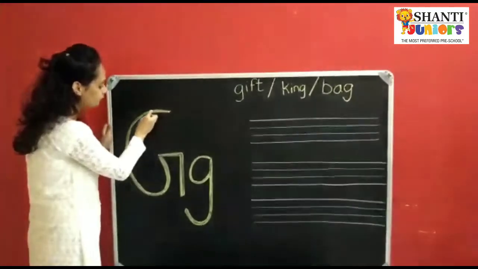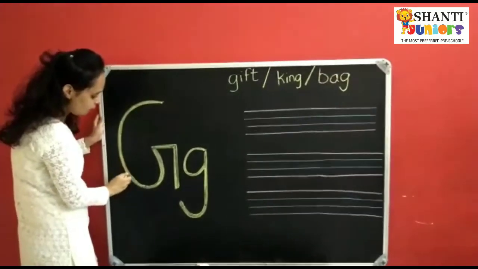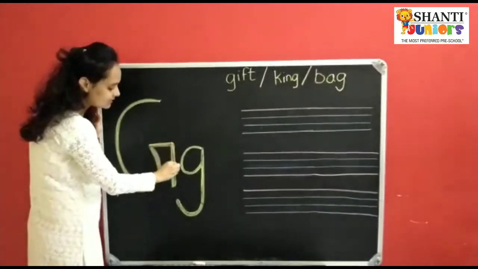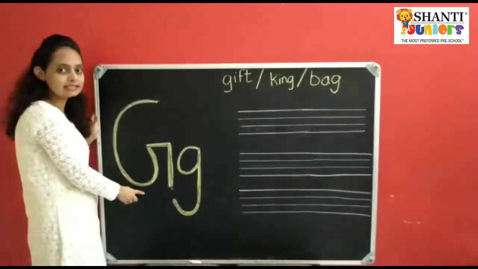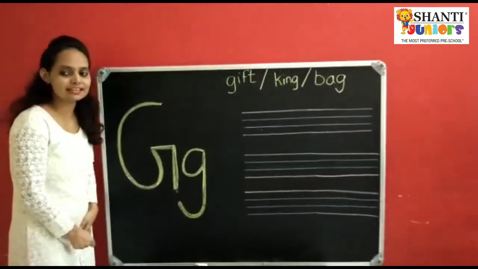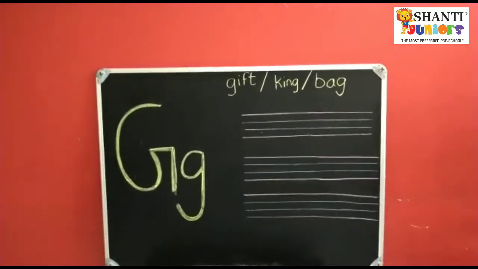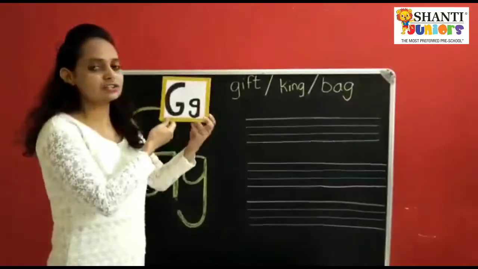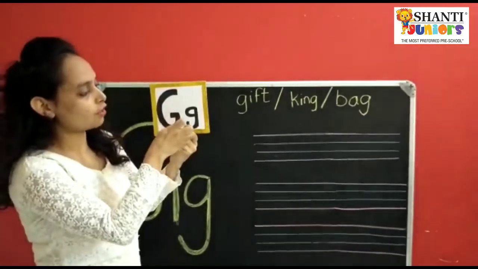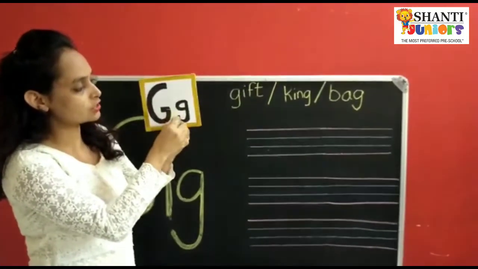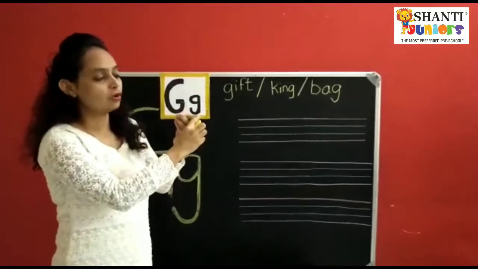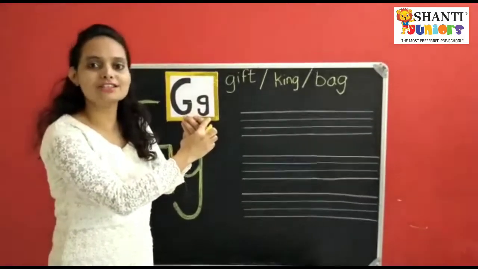So, this is a curve. Can you see the curve? And then from the curve, children, you have to go up, and then a sleeping line and a standing line. This is uppercase G. This is lowercase g. Okay, children? So this is letter G. Yeah, children, can you see this? Yes. Curve, standing line, and from here you have to do like this. Okay, children? And this is lowercase. This is uppercase, means capital G. This is lowercase g, means small g.